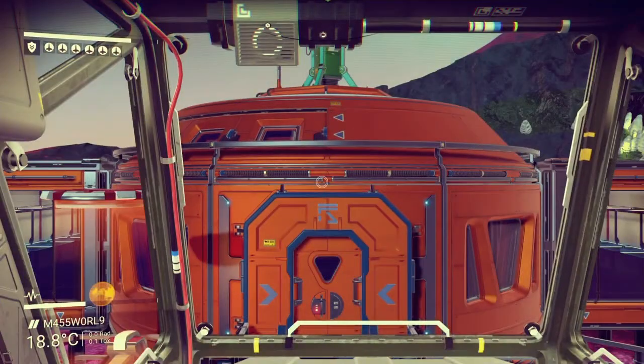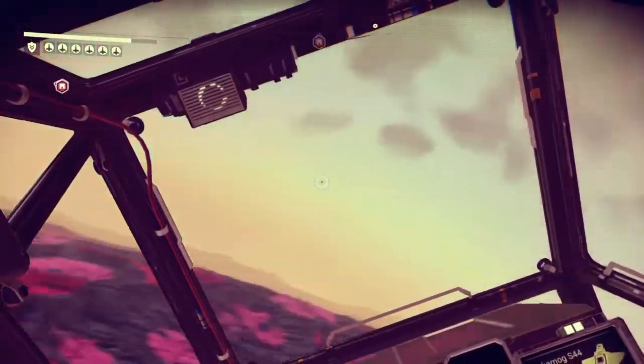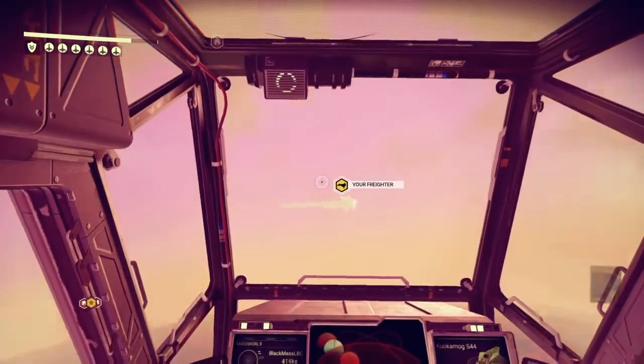You don't even really need the landing pad. I just did it for the sake of it. It brings in traders, and you can occasionally sell things to them, so it's useful to have one. But then the next move is, once you've harvested all the plants, you're going to head to your freighter, and